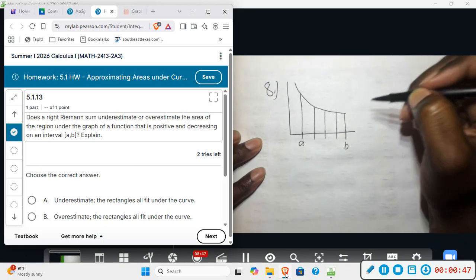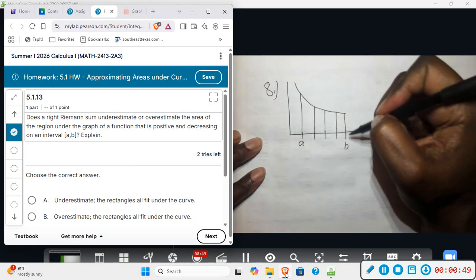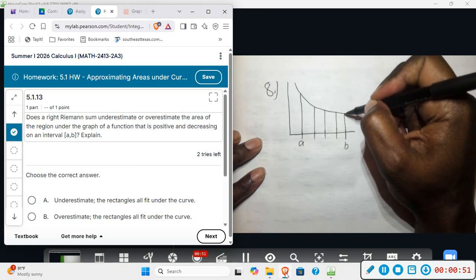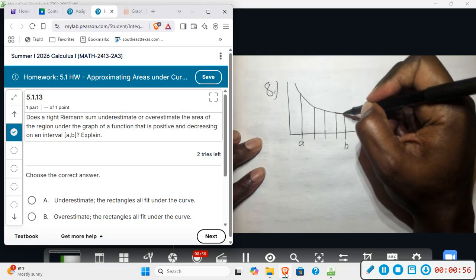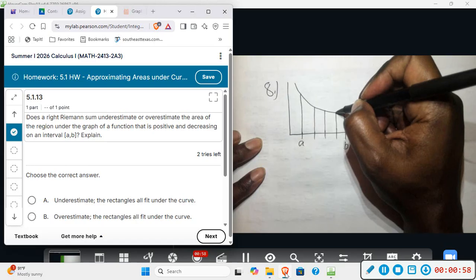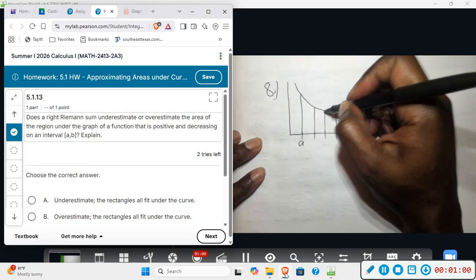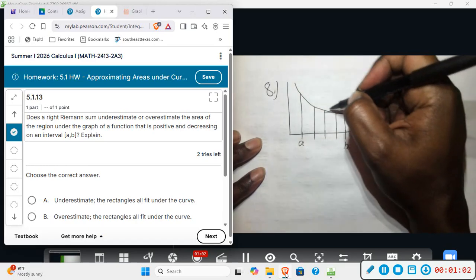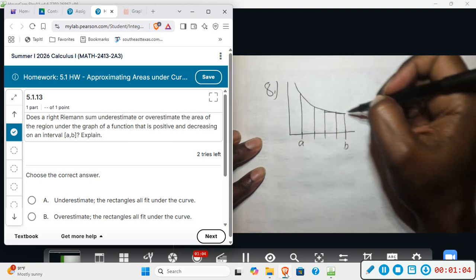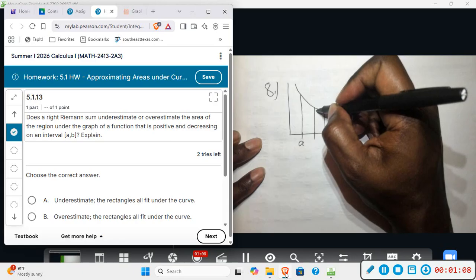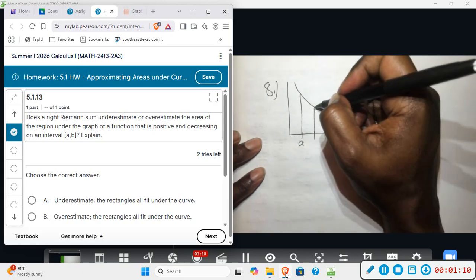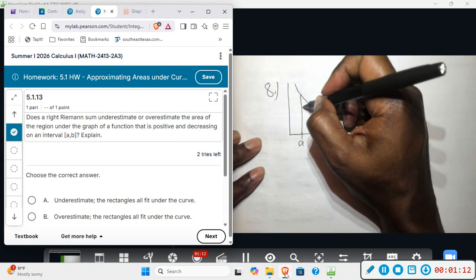And we're going to make rectangles going from the right to the left. So the right end point is B. I'm going to go backwards and make a line, so just a little bit underneath. And then from this point where it touches, I'm going to go backwards and make a line. And since this is decreasing, as I go from right to left, it looks like it's increasing. But each time I draw a connecting line to make a rectangle, since this is a right Riemann sum and